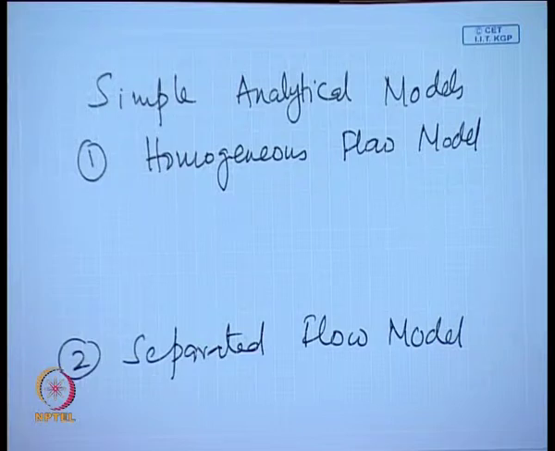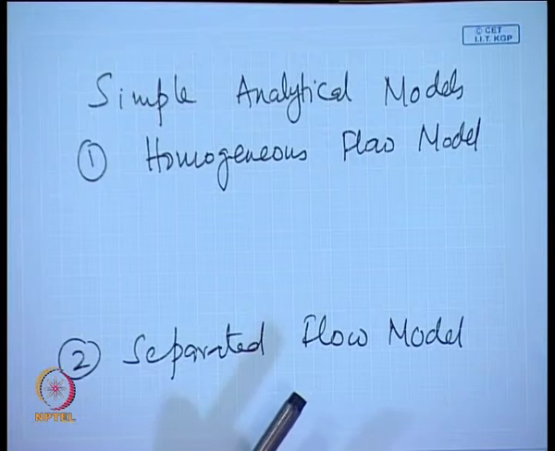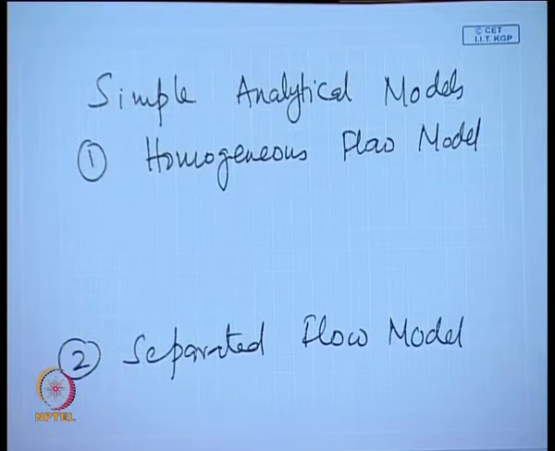Now, in the homogeneous flow model, what we have done, we assume that the components are intimately mixed, so that none of them can manifest their properties separately, and therefore, the entire hydrodynamics can be predicted by suitable average properties. Under certain circumstances this can be very accurate. We will be dealing with these simple analytical models in much greater detail, and you can very well understand that when it is a completely dispersed flow, okay, under those circumstances the homogeneous flow model can give accurate results.